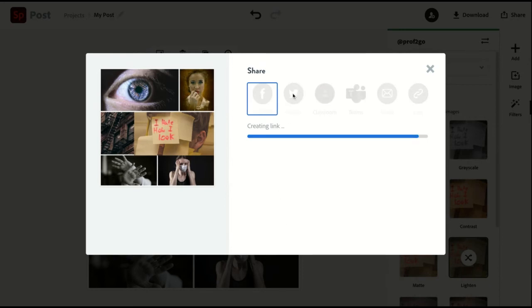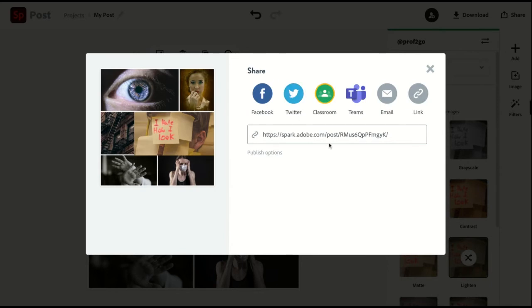So in this case, I'm pushing it to Twitter, and it would generate a Twitter link, and you can see that posts directly to a person's Twitter feed.